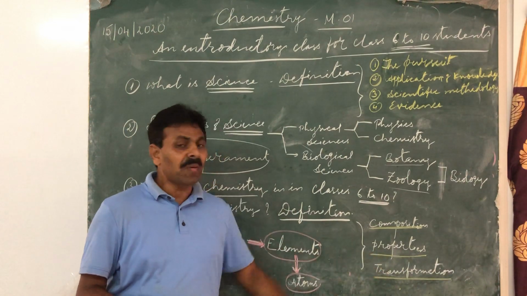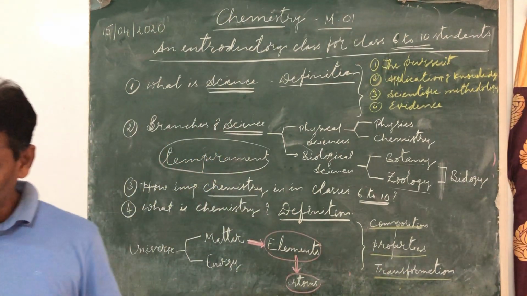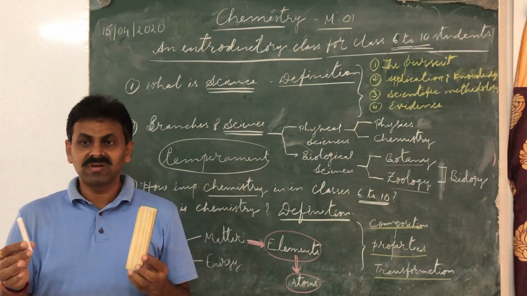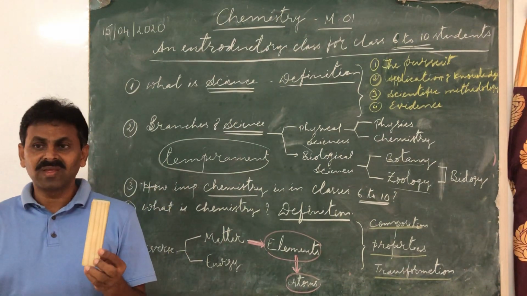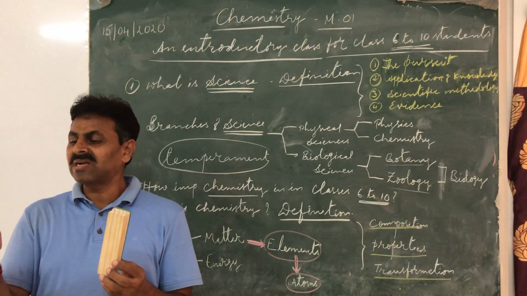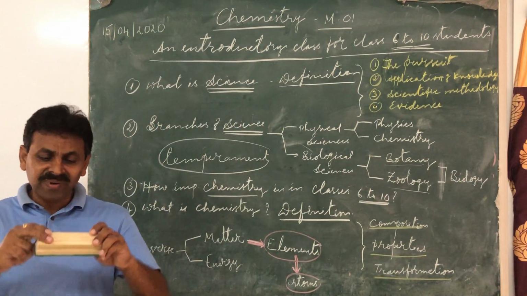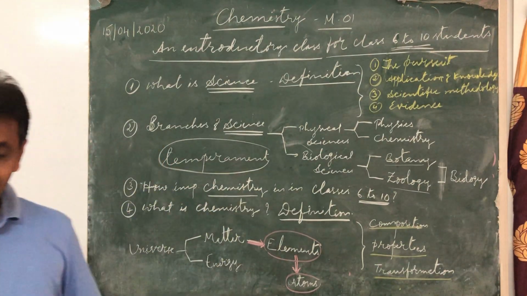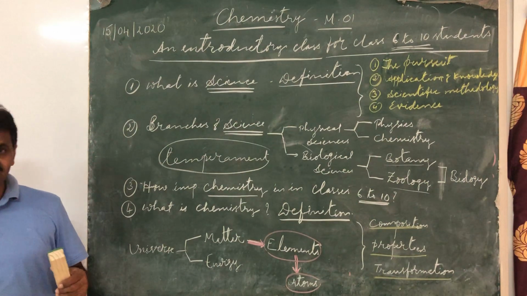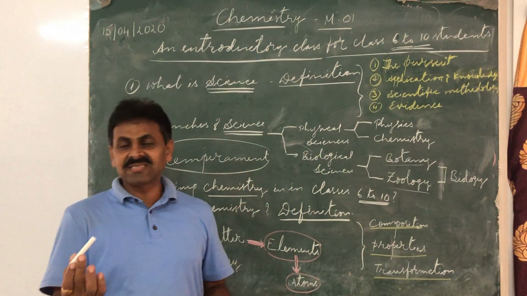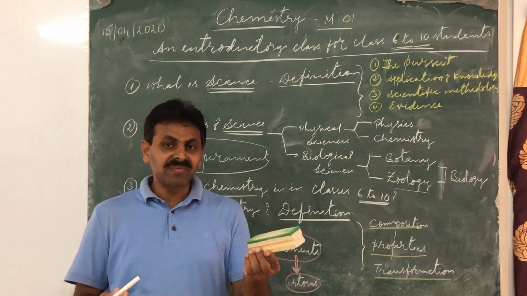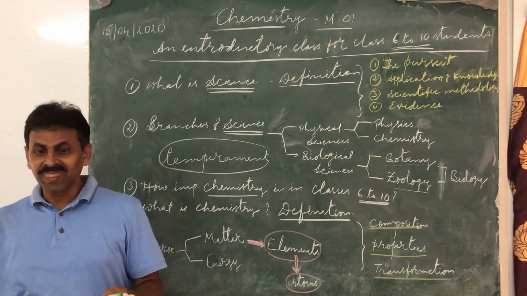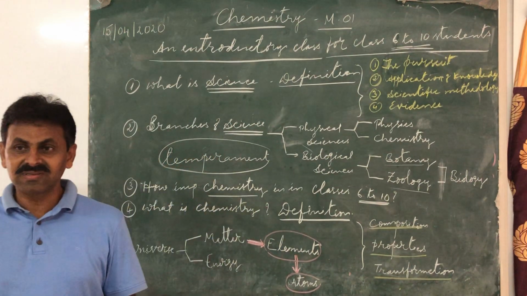Then second, properties. Properties means, these two substances we have, duster and piece of chalk. There are differences between these two. The duster is comparatively less hard. I cannot easily break the duster into pieces. I can easily break the chalk into pieces. Its color is different. Its weight is different. It is made of some substance, it is made of some elements.